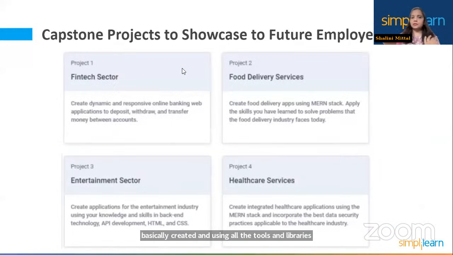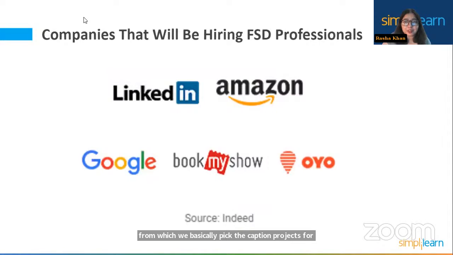So on the fintech sector, the food delivery services, the entertainment sector. So there are various categories from which we basically pick the capstone projects for you to develop. Yeah, thank you so much for shedding light on the capstone projects, a very important one, and also the companies